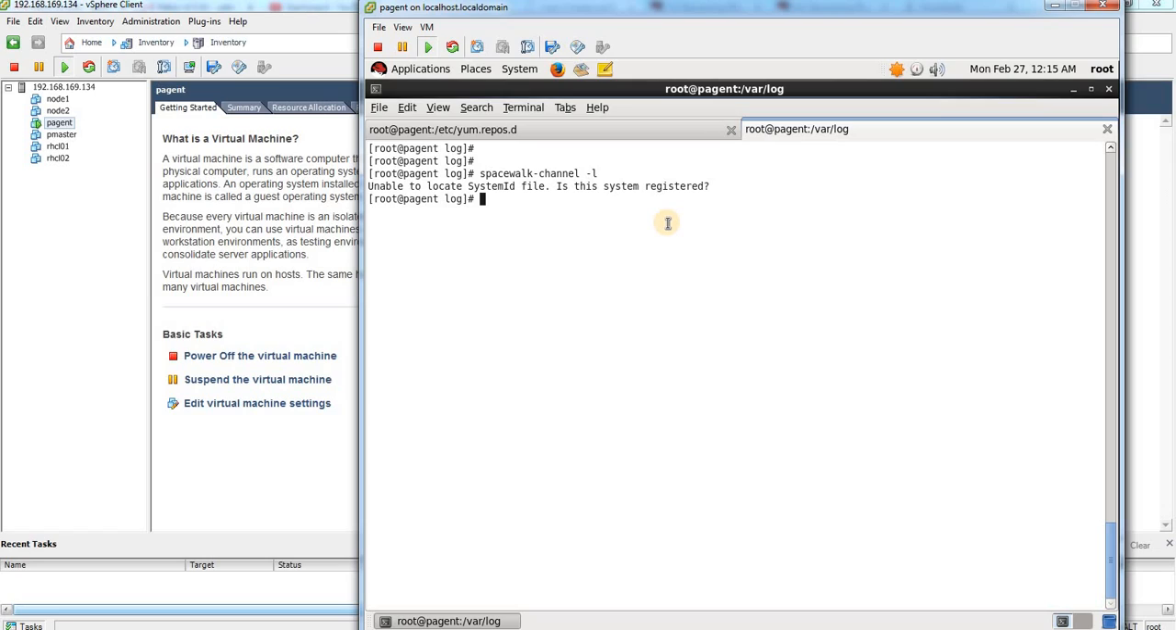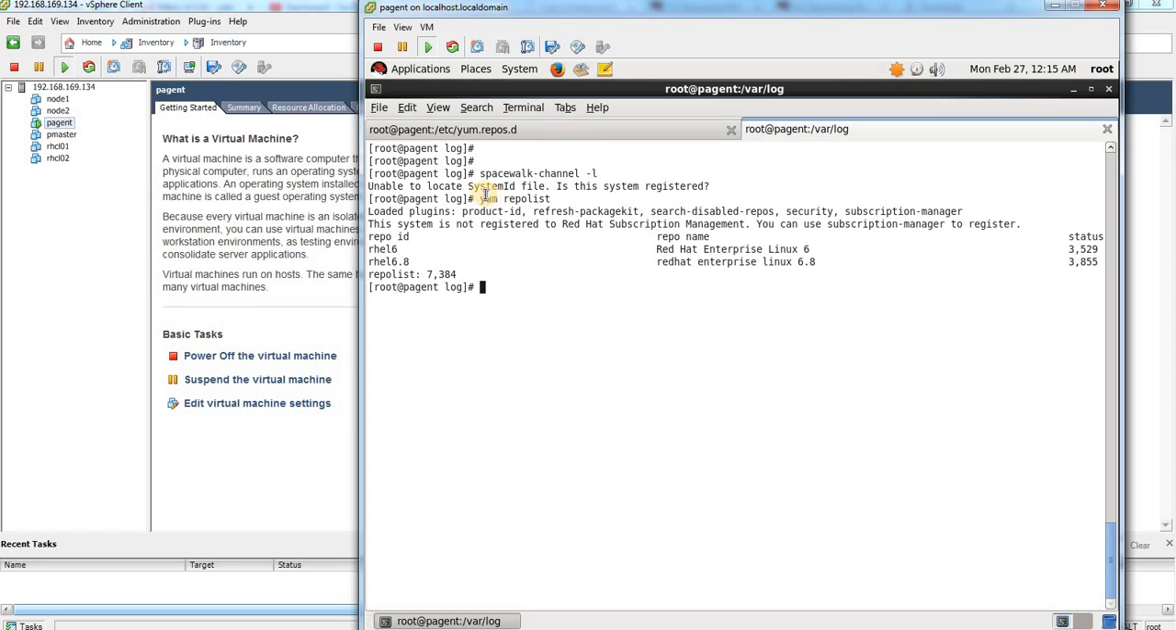So the other way of checking is yum repolist, you can also check this one, but usually when you register your system with a satellite server, we use this command. And for example, you have to use -c and you have to provide your channel name, your satellite channel, when you create a channel in your satellite server, for example RHEL